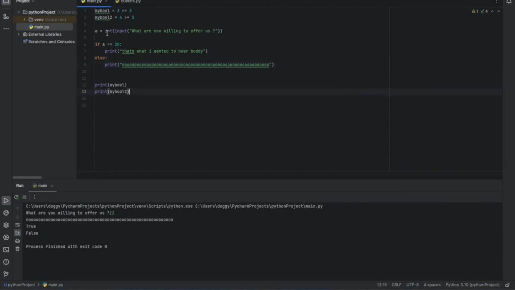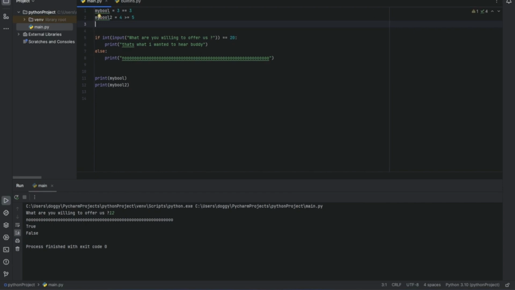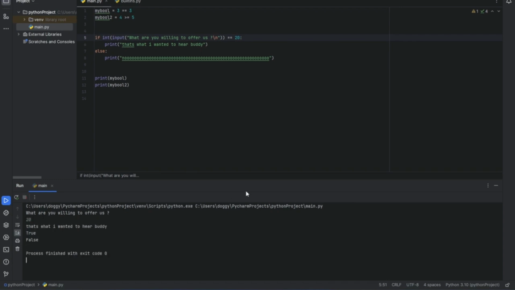If we have a program which is that simple, we can just copy the code of the variable we are declaring, and instead of A, we can use the function in the if condition, and now the code should be executed the same way it was executed before. We can also type \n, so we have a new line where we write our offer, and that's probably it. There's nothing else I wanted to show you,